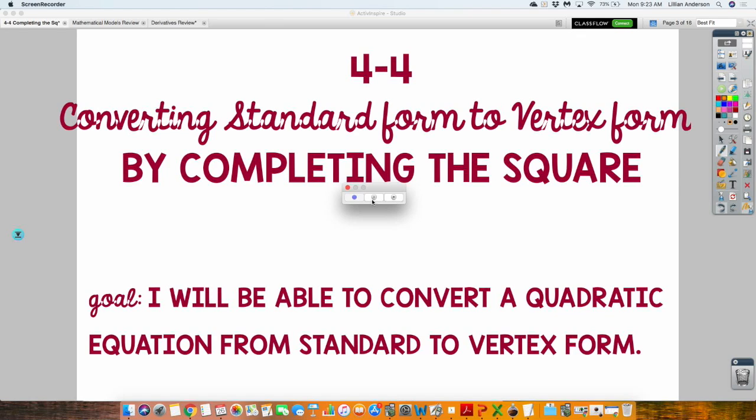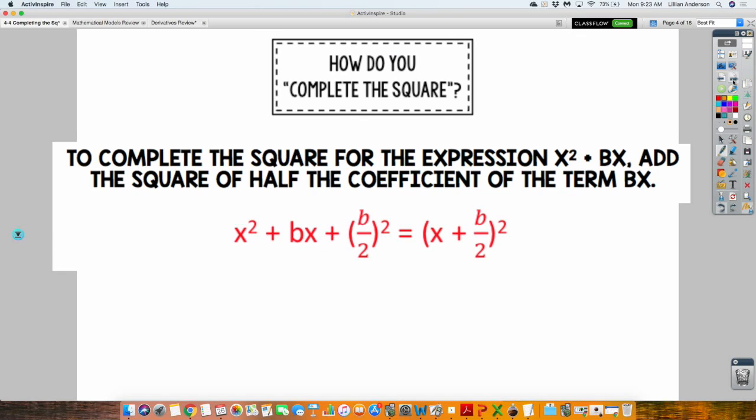So how do you complete the square? You want to complete the square for an expression that is x squared plus bx. It has to be in that form, okay? X squared plus bx, no a, x squared plus bx. You add the square of half the coefficient of the bx term,